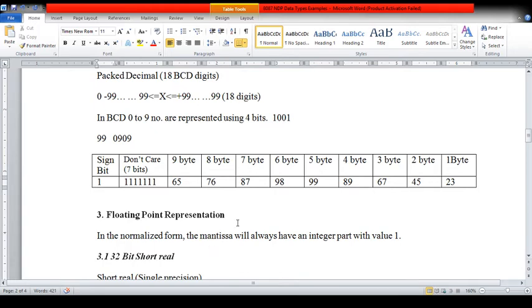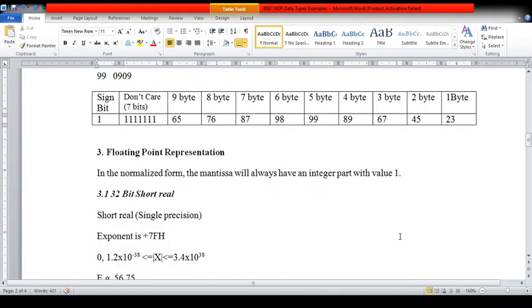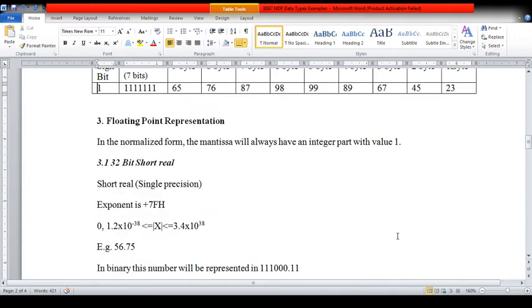So here it is using an IEEE standard format for representation of a number. For supporting the IEEE standard format, it always uses a normalized form, where the mantissa will always have an integer part with the value 1. So let us see which are the parts of my number. Whenever I am representing a number, which are the parts called the mantissa, exponent, or fractional part. So let us see these in detail with the first type of floating point representation.